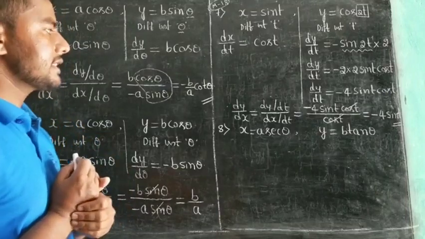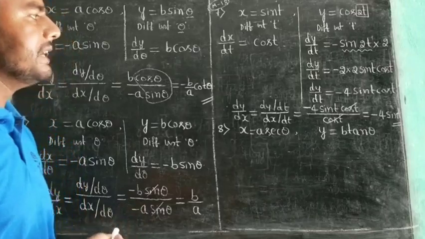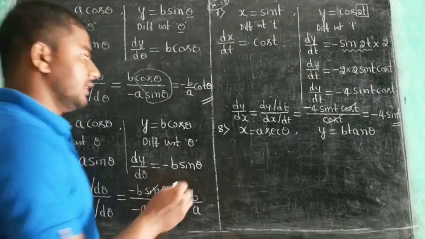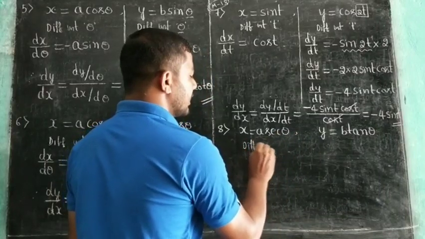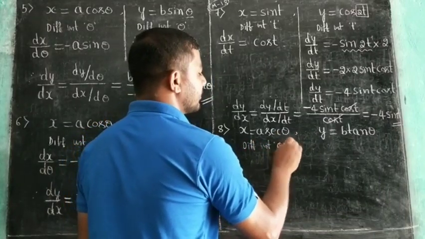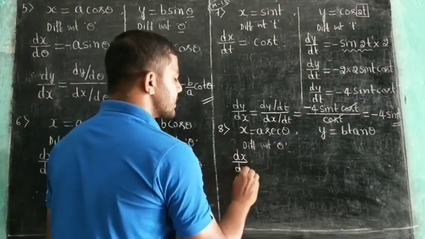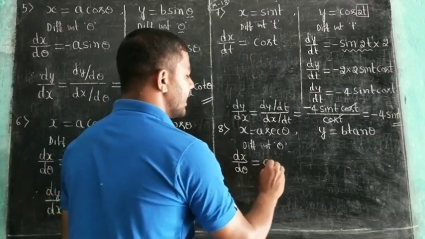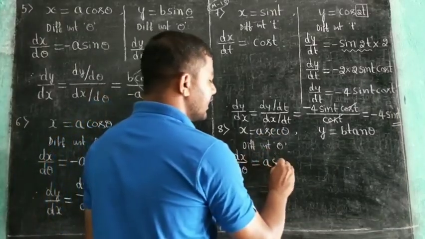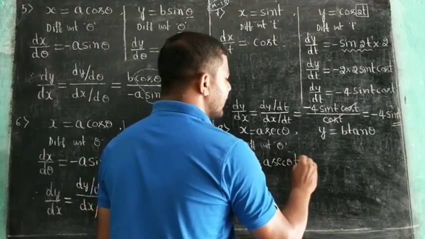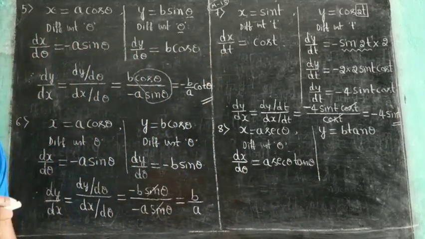eighth one. X is equal to a secant theta, y is equal to b tan theta. Here the parameter is theta, so differentiate with respect to theta. The derivative of x with respect to theta is dx by d theta is equal to a secant theta. The derivative of secant theta is secant theta into tan theta. Secant theta into tan theta. And then